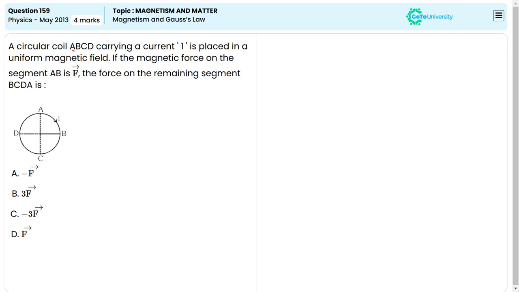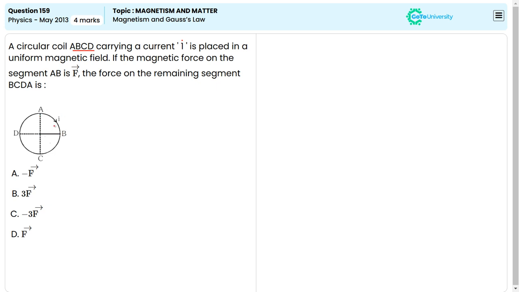The circular coil ABCD carrying a current I, it is not 1, it is I, is placed in a uniform magnetic field. On a uniform magnetic field, one circular coil is there, that is ABCD, and the current is I. If the magnetic force on the segment AB,